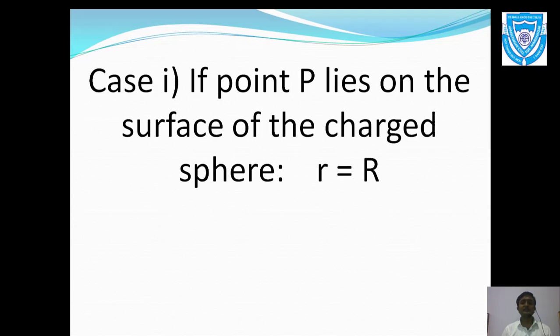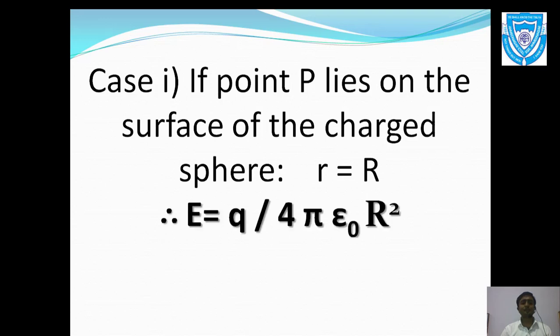Now in this case, when the charge is actually on the surface, at that point of time, the radius of the actual sphere and the Gaussian surface will be the same. By this, what can we say? We can say that small r is equal to capital R. Now we will put this value in the above equation. Then E is equal to Q upon 4 pi epsilon naught capital R square. Instead of small r, we have written capital R square.